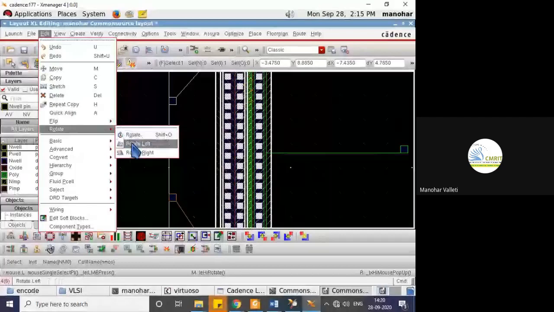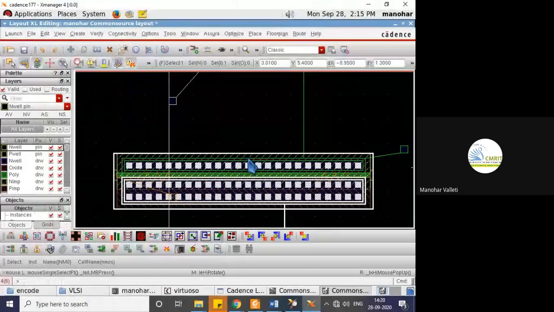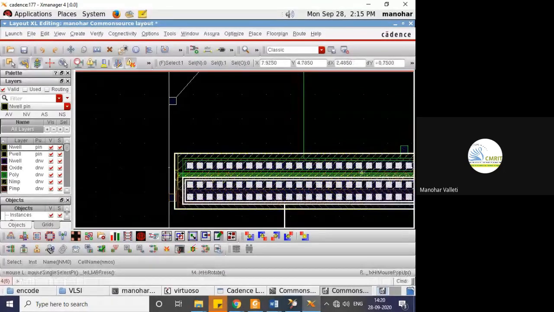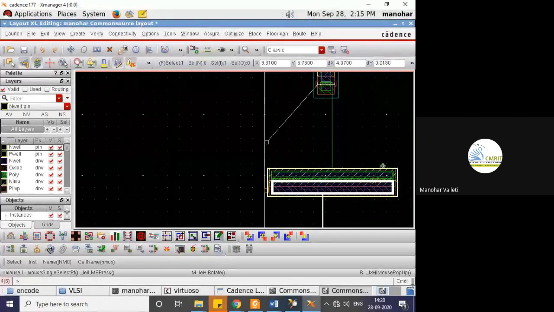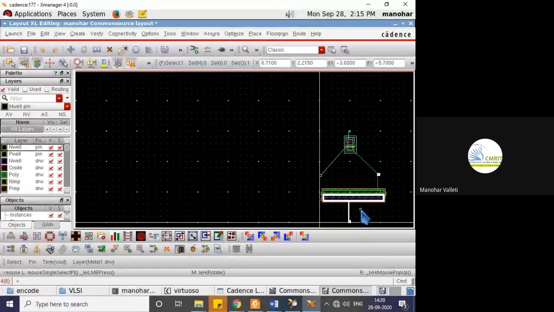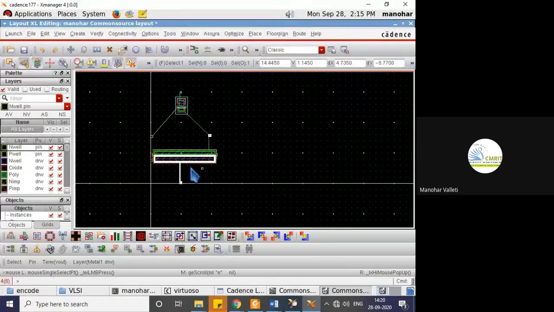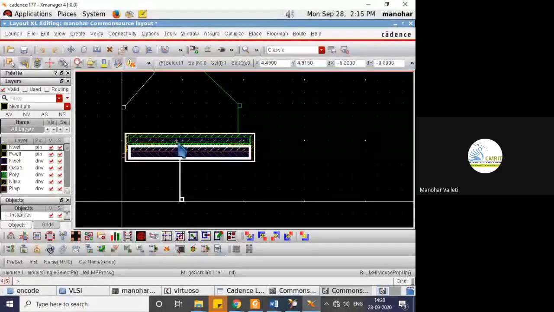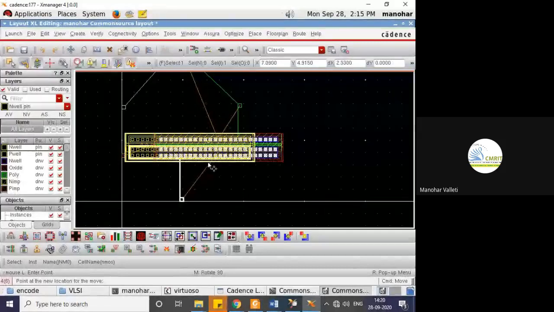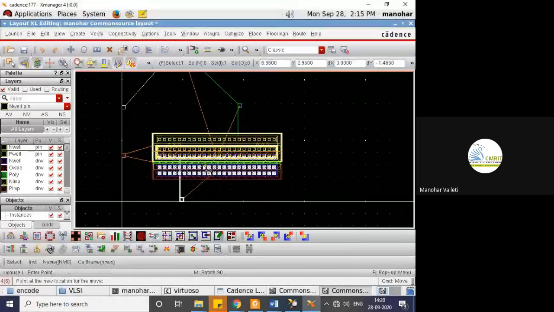Fine. Again rotate left, so that I'll get this substrate and source or bottom. So now both I am able to put it as per my circuit diagram.